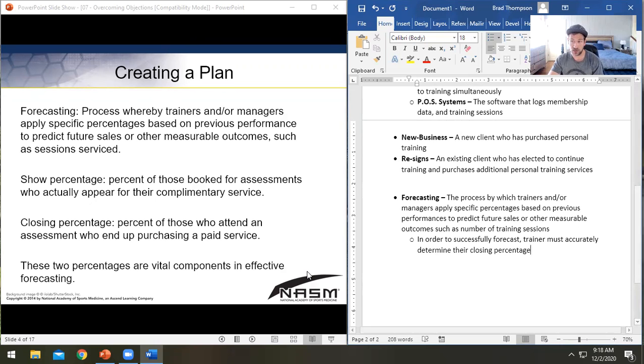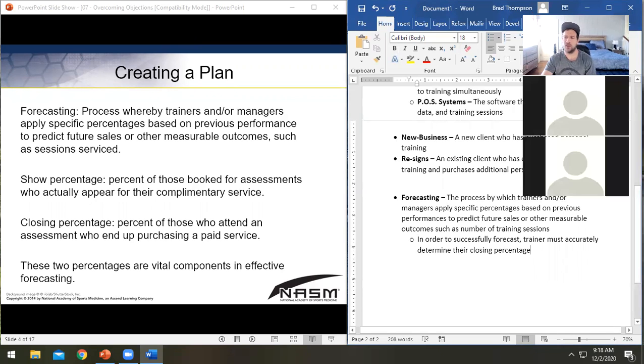So if you have a 10% closing rate and you need 30 clients, you need to talk to about 300 people, which sounds like so much, by the way. Were you guys blown away by that? Like how many people you have to talk to sometimes? I remember first hearing this and being like, man, that's a big number. How'd you guys feel about it if I said you had to talk to 300 people? Yeah, it sounds like a lot, right?